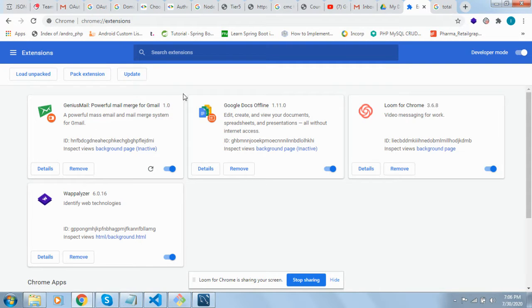Okay, so basically you can send multiple bulk mails at a time. You can track your mail. You can create your campaign. Over here you can track your mail also. So these are all the functionalities. So let's check how we can use it. Once you download it from the Chrome store, it will redirect automatically to Gmail.